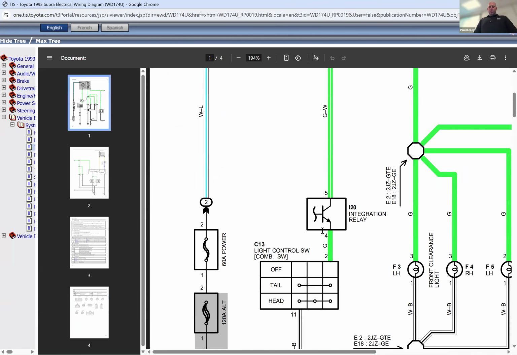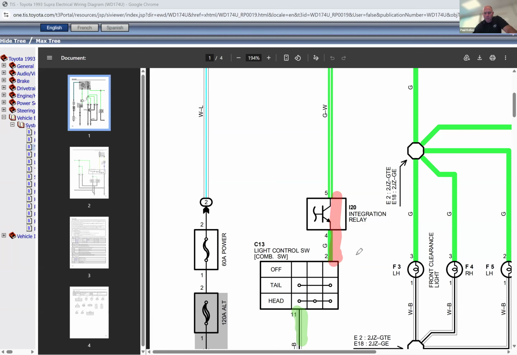If we had 12 volts at 2, that would be like this. That would be like, oh, we got 12 volts down here, but then we had ground at 11. I don't think the switch contacts are good, right? We should not, especially if we have it on headlight, ground should travel all up through here. But the fact that I've got 12 volts coming down and ground here, that means that these are not connected,